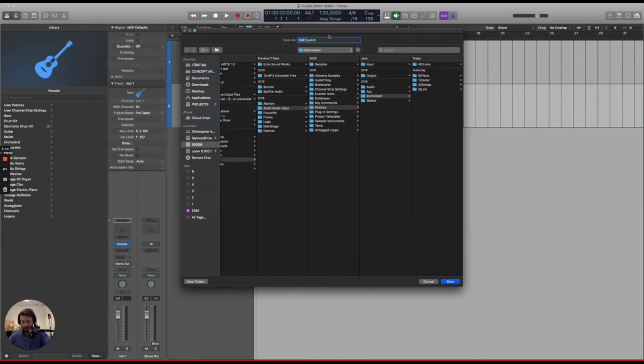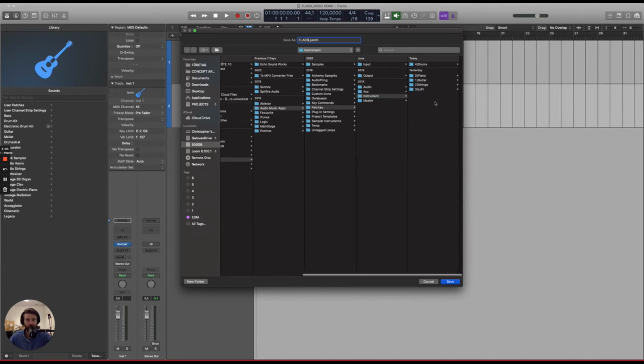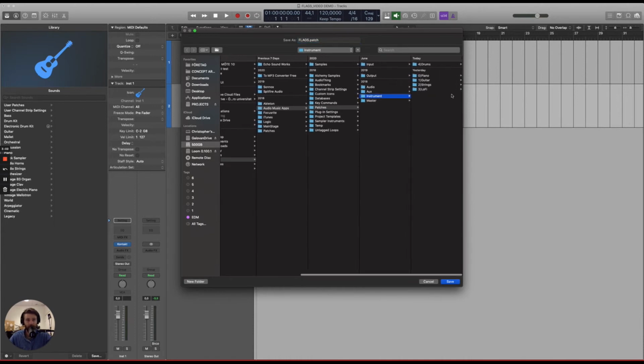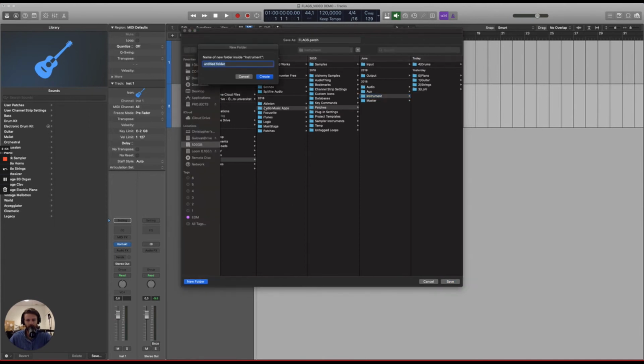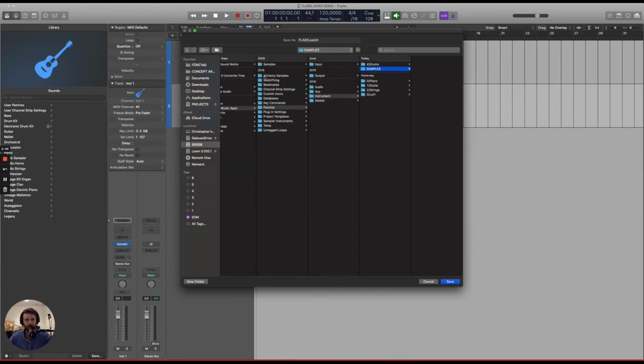and you choose a name, call it flags, and it will be routed here to instruments, which will be put there in user patches. But anyway, you can create a new folder and name it whatever you want. Samples, and push create, and now